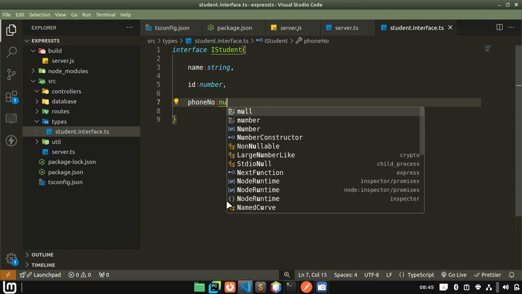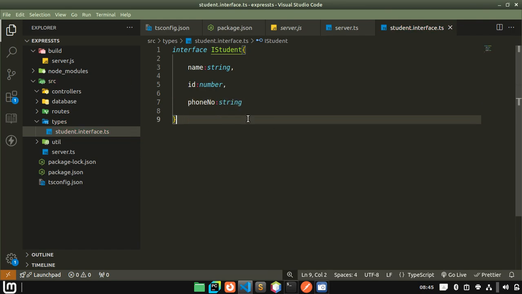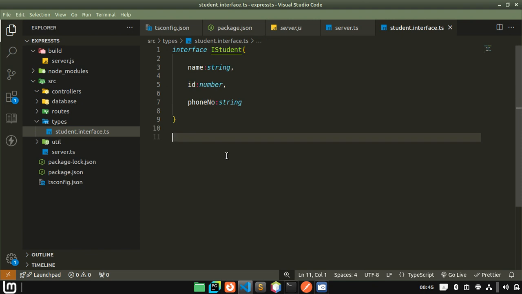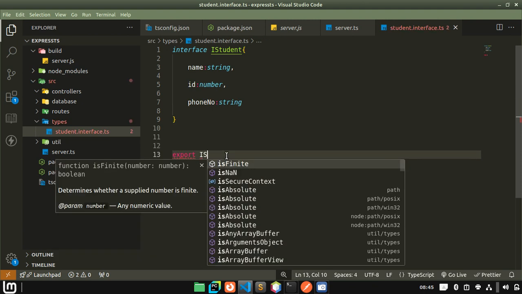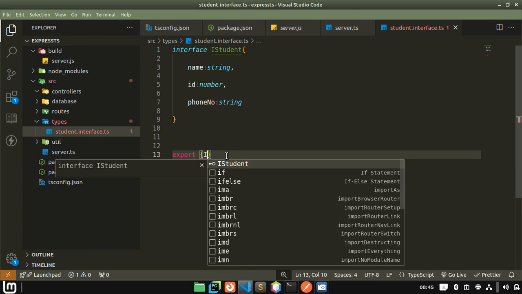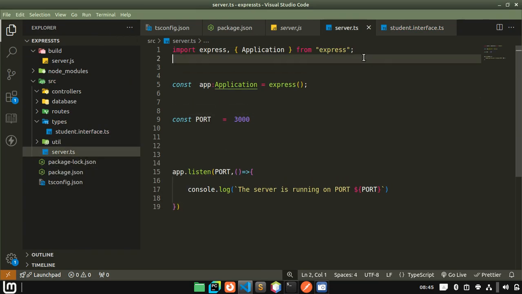Or you can also put a string. It can just be a string. So without that, I can say export IStudent, like that. Export IStudent. Now if I come to server.ts, I can say import